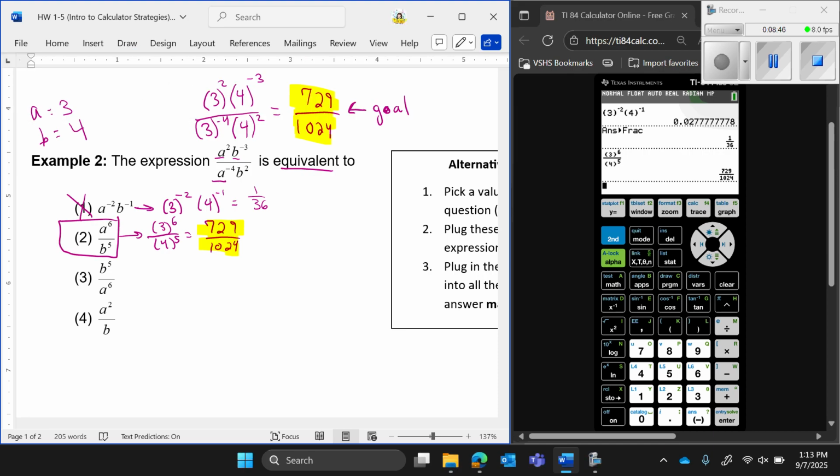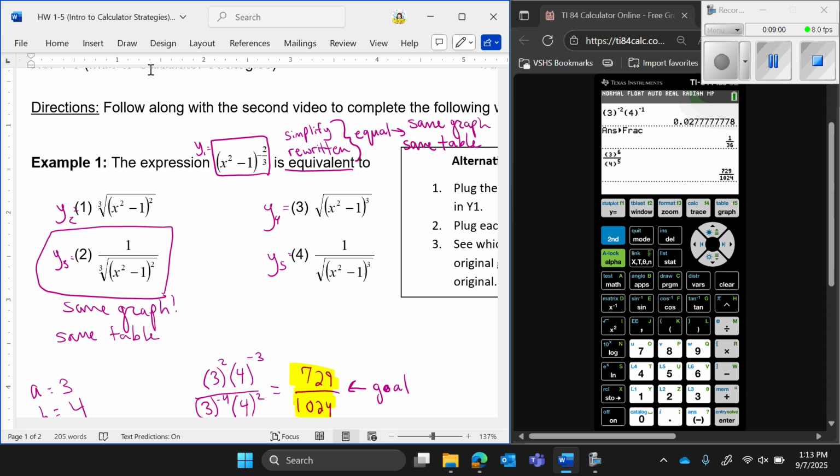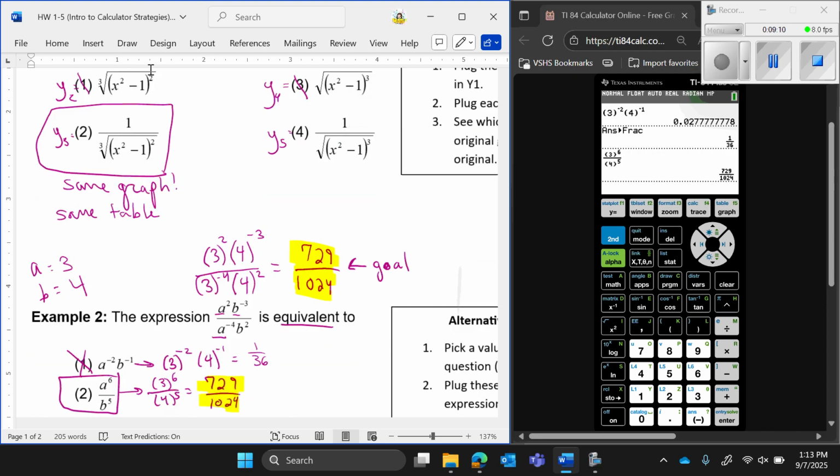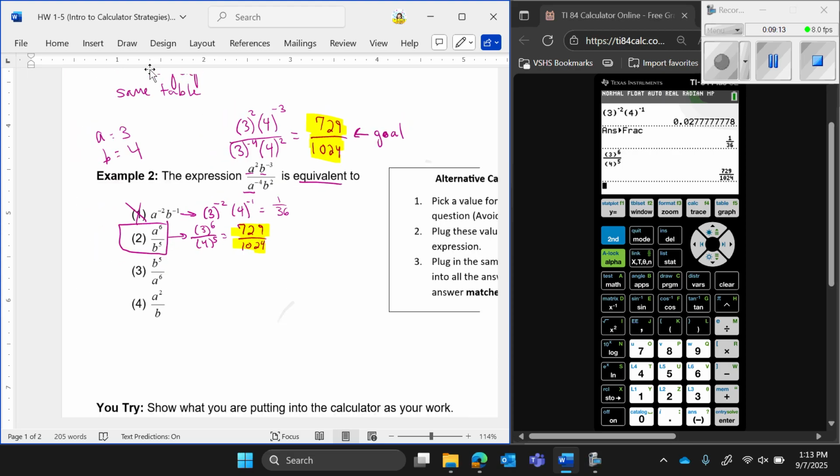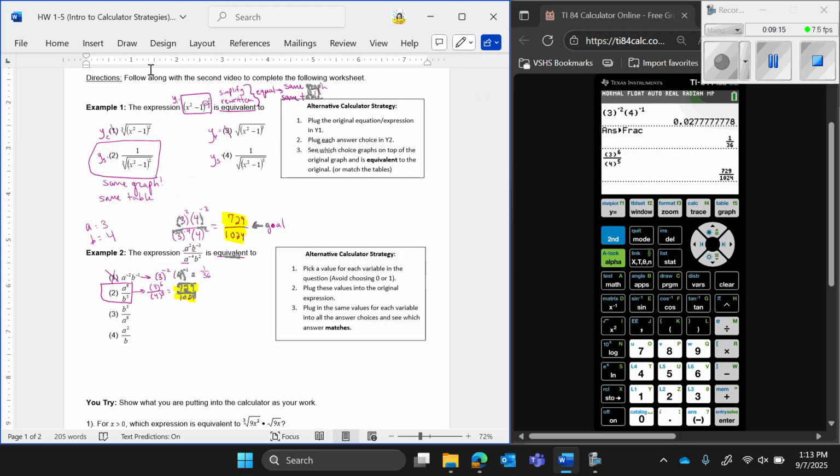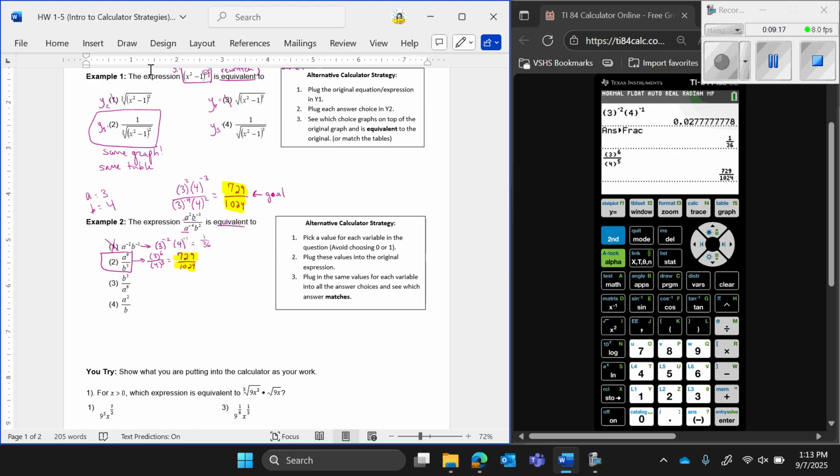Clearly though, this can be very time consuming. I got lucky, it was the second answer. So sometimes when doing these problems, you want to make sure maybe you could cross something out beforehand. Like, for example, in the first one, did you have to plug all of them in the calculator? Maybe not really. If you notice, the negative exponent means you will have a fractional answer. So you want to use a blend of your knowledge and these calculator strategies. The steps are written for you on the side. Now try some on your